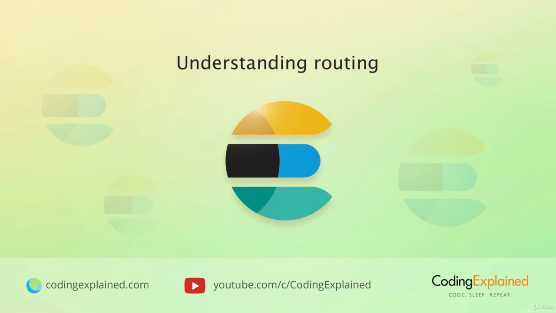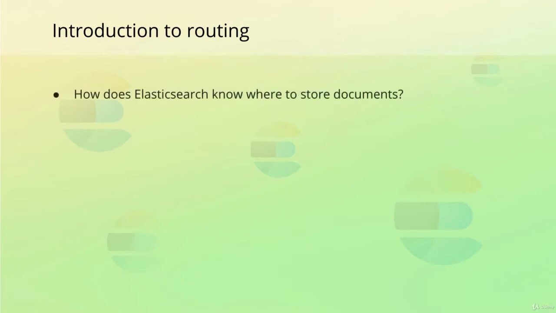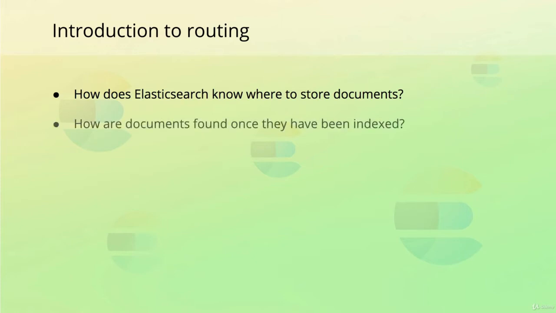We've now indexed, updated, deleted, and retrieved documents. That was pretty easy, wasn't it? Perhaps one question comes to mind though. How does it work under the hood? Particularly, how did Elasticsearch know on which shard to store the documents? And how did it know on which shard to find an existing document, be it to retrieve, update, or delete